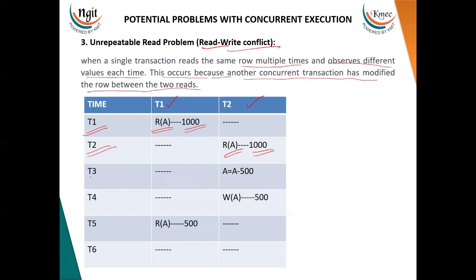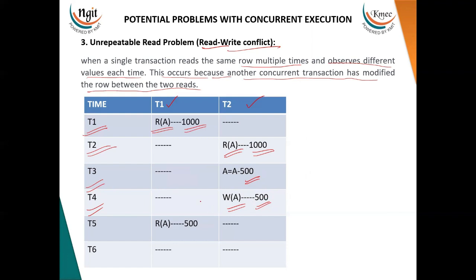And immediately at time interval T3, the T2 transaction has debited some amount of 500 rupees from account A. Okay, and also performed a write operation, thereby